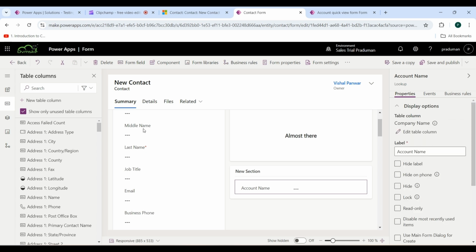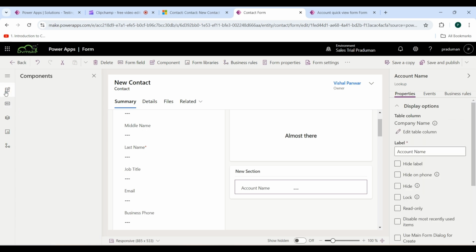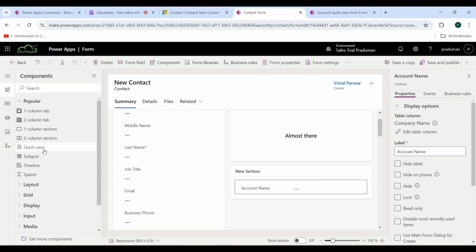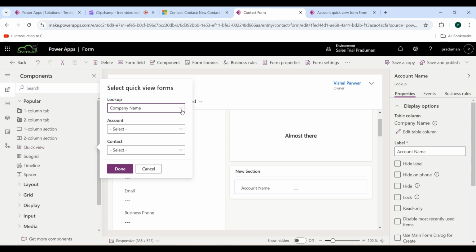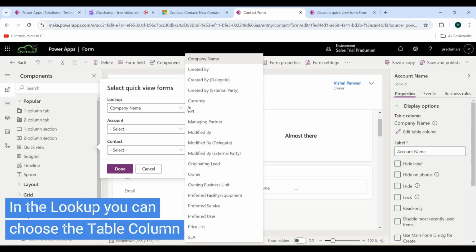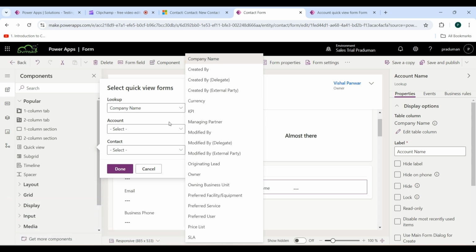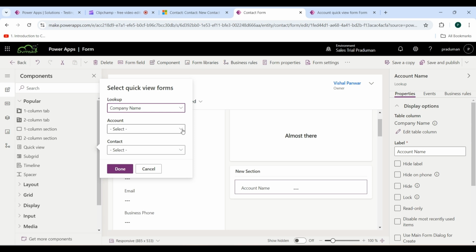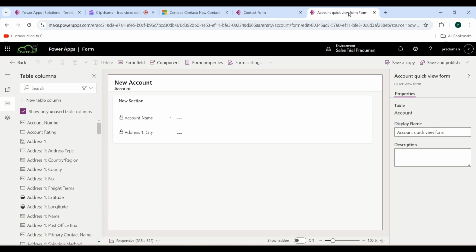Now I am going to my components menu. Click on that. Then click on Quick view. Here select the lookup that is already on this form. Select the company name here, and after that I am looking for the account quick view form that I have created, whose display name is account quick view form.